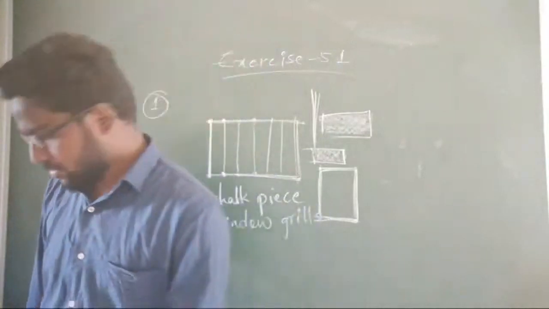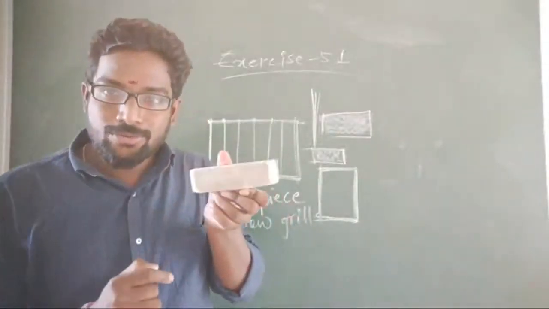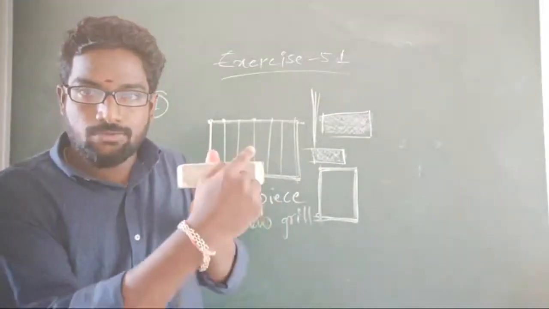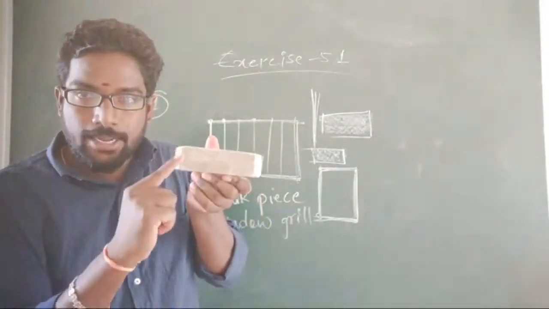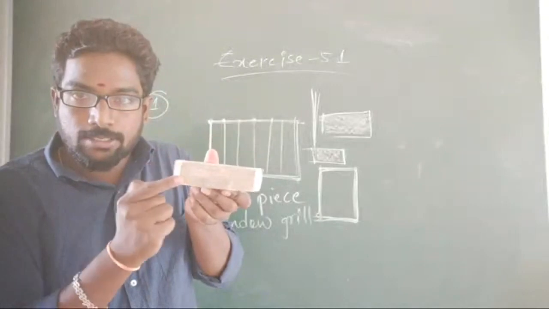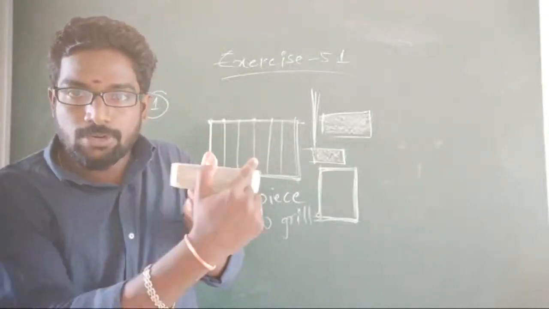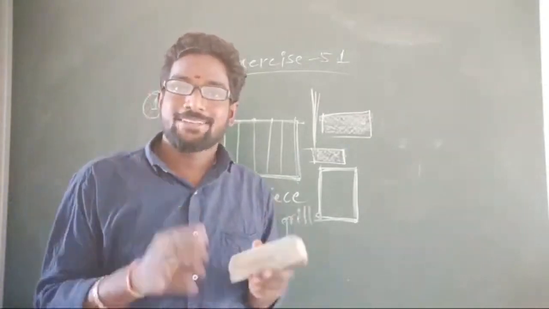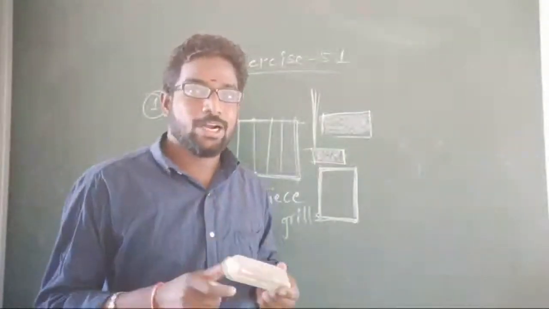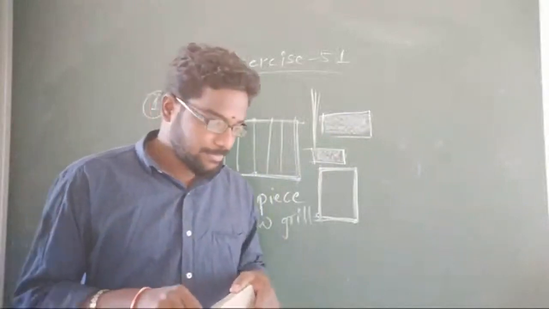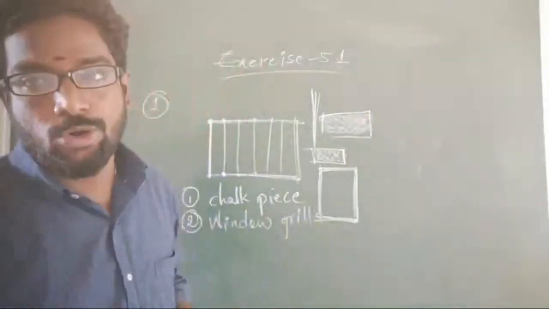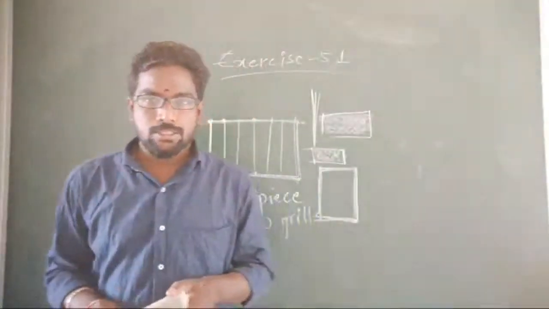Next, wait. See this duster also. This duster also has 4 edges. These 4 edges are the examples of line segment because this line has ended. This line has 2 endpoints. This line also has 2 endpoints. Here 1 endpoint, here. Bed also, but in our classrooms we don't have a bed. In your classroom, according to the question, in your classroom. Super, bed also. That blackboard I already told. He only told in textbook, blackboard. Okay, but that's correct.